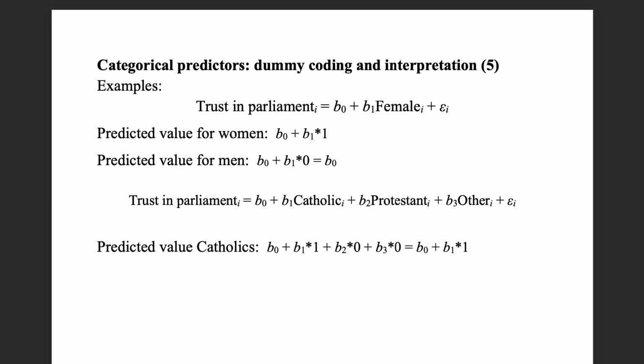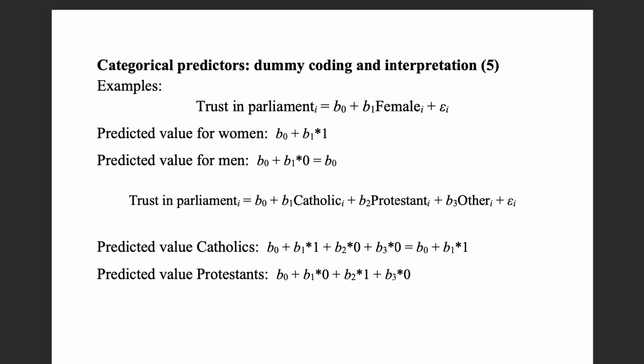Well, it's the constant B0 plus B1 times 1, because they are Catholic. So that B1 coefficient is multiplied by 1, and that is added to the constant. The predicted value for Protestants, well, it's B0, again, the constant, that's the same for everybody, plus the regression coefficient for the Catholic dummy, so the B1 coefficient, multiplied by 0, because these people are not Catholics, they are